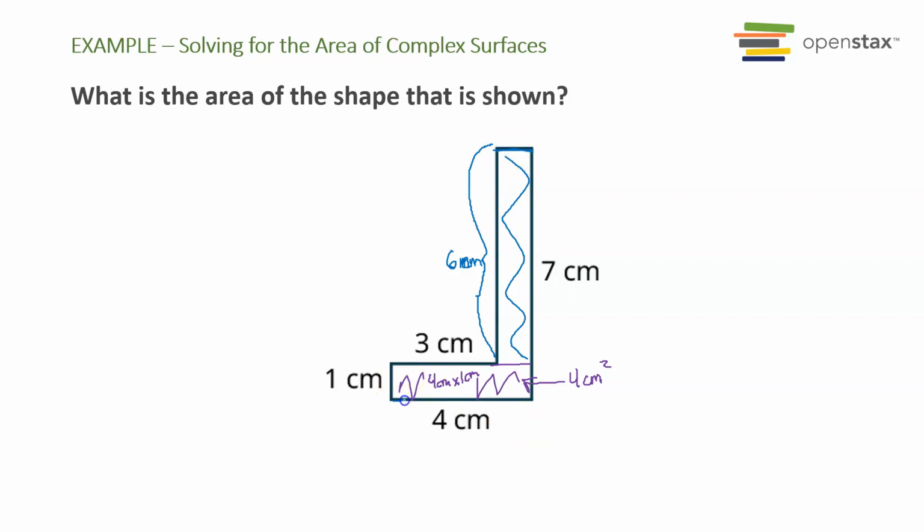Well, the full base is 4, and we cut out 3, so that means it's going to be just 1 centimeter here. You can see that's to scale, but I wouldn't trust that always. So we can do 6 times 1, and this rectangle is going to be 6 square centimeters. If we add those two together, we have 6 square centimeters plus 4 square centimeters is 10